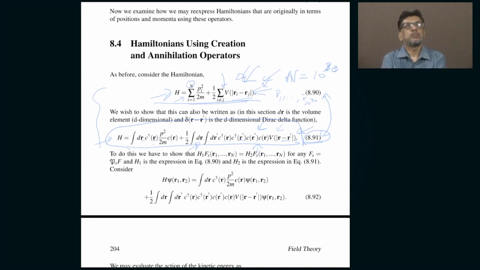So, what happens is that basically you are exchanging the difficulty involved in expressing the state of the system in terms of a large number of independent variables that correspond to the position of the particles. You are exchanging that difficulty in terms of having to deal with operators that now create and annihilate particles. So, there are advantages and disadvantages to doing this. The advantages, of course, as I told you earlier,